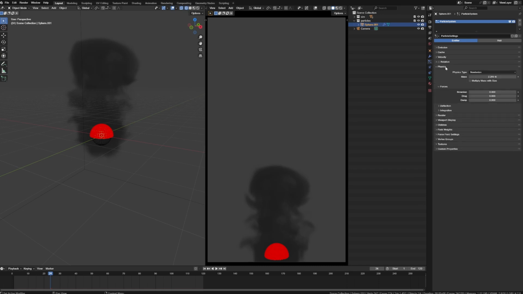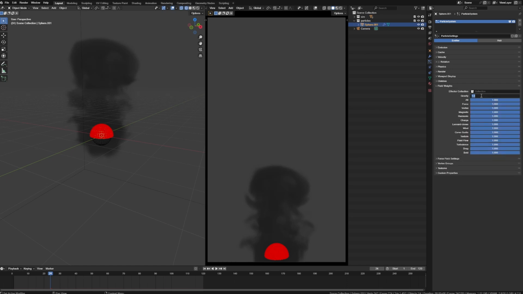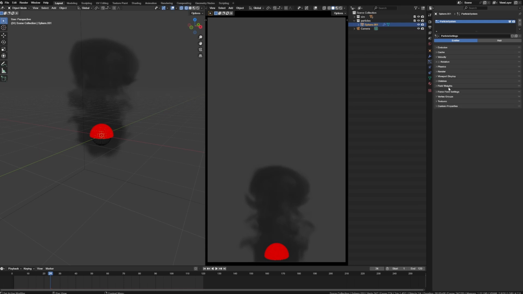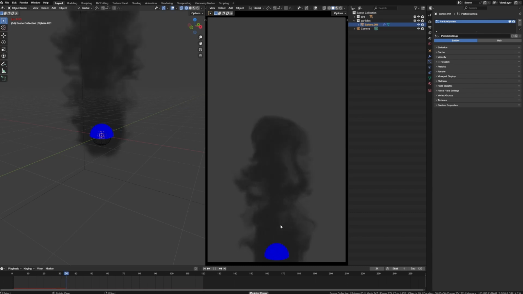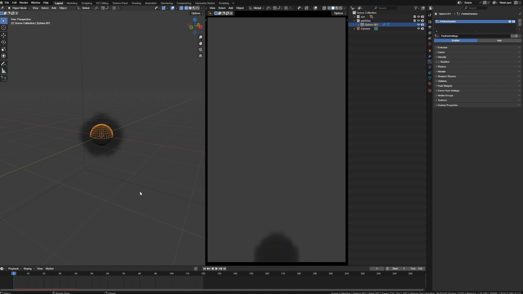And then go to my physics, take a look at this. That looks all good. And then we're going to go down to field weights, gravity, set it to 0. And then my particles should not move. Cool. That's exactly what I want. So I don't want my particles to move at all right now. Okay. So the next step, once we have our baseline for our particles, we want to add a